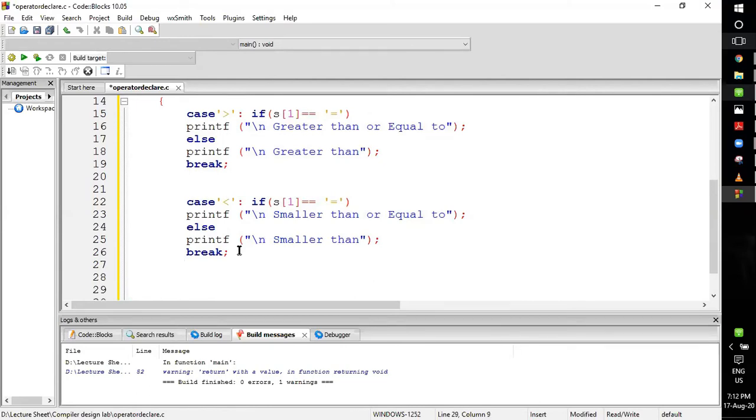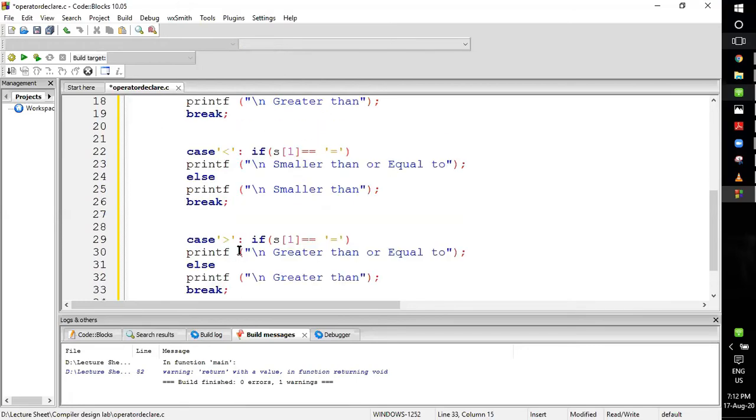Now next thing is, if it prints equal to, I have to check if it is an equal to or assignment operator. So in that case, I'll again type the same thing but change it accordingly. Here the first symbol is equal.